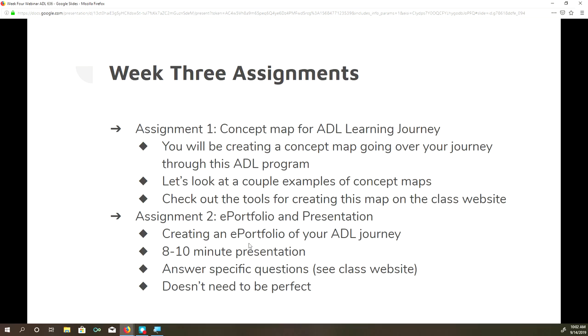If you are in an independent study, then we may, since there's only one of you in an independent study, potentially, well, yeah, there is only one of you. So unless we have a couple of independent studies going on at the same time, you will not be in a class where we can really meet and present your e-portfolios to the rest of the class.